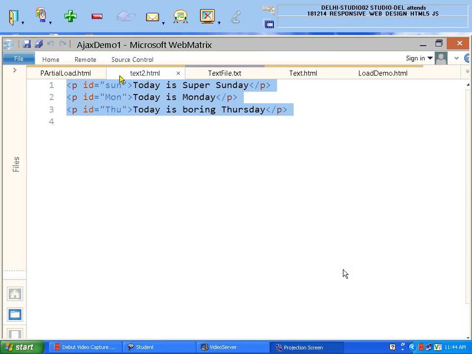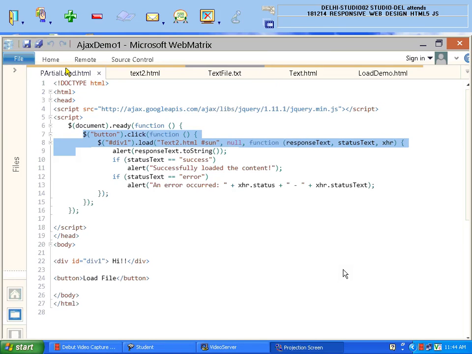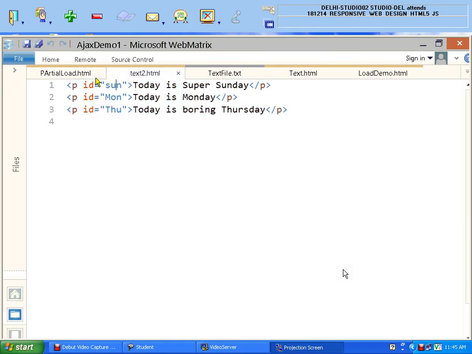Every paragraph has an ID, Sunday, Monday and Thursday. So after text2.html I use a hash and then SUN. It means I am giving the name of that paragraph ID. So the ID is hash SUN. It will display whatever is given over here.